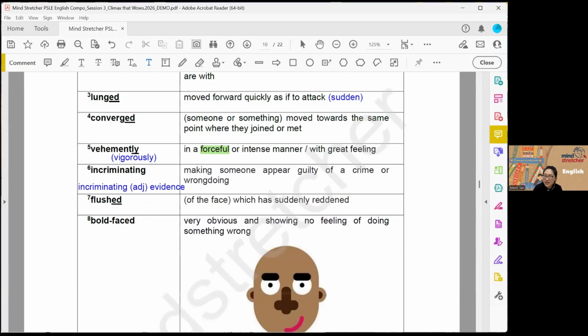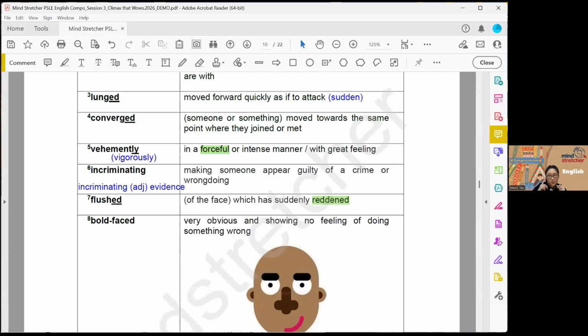Flush is when your face is red. Just now somebody gave this suggestion, as red as a tomato, right? As red as a tomato, my face as red as a tomato, is an overused simile. When all children start learning similes, that's one of the similes they use. At your level, there are many ways to describe someone with a red face. So very often we use the word flushed. Flushed is already a red, pinkish red color. There is no green flush. There's only a reddish, pinkish flush.